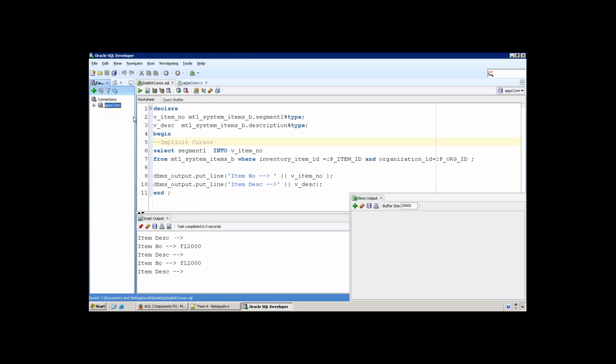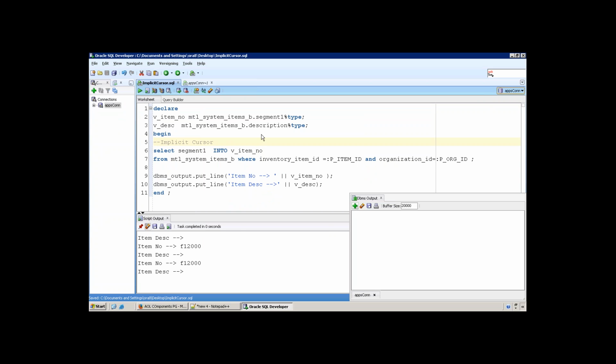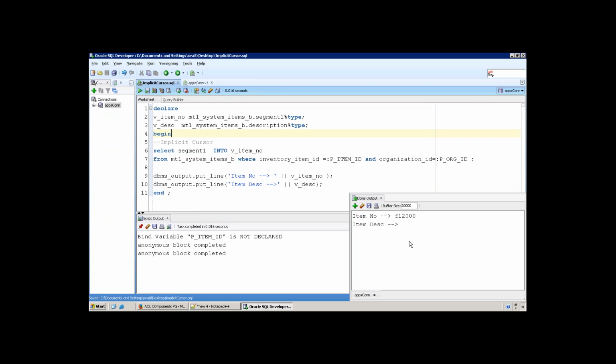Let me disconnect one. Okay. Let me connect again. Refresh. Now 73 is very and but